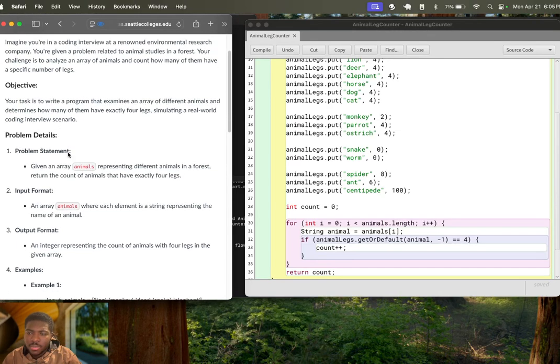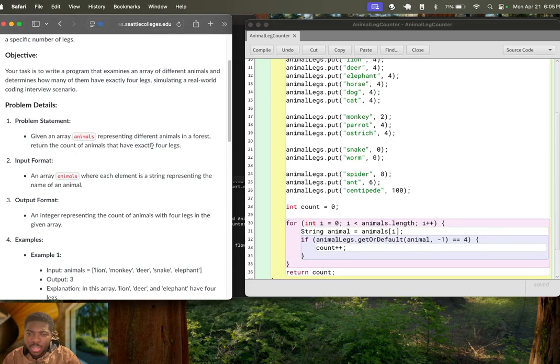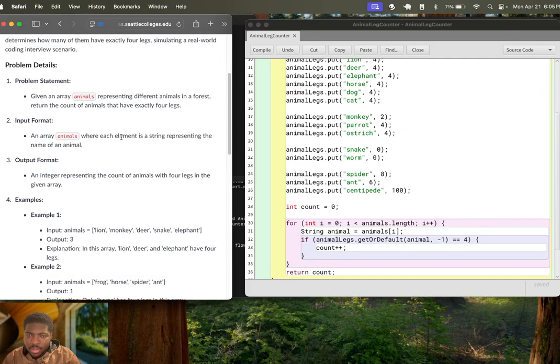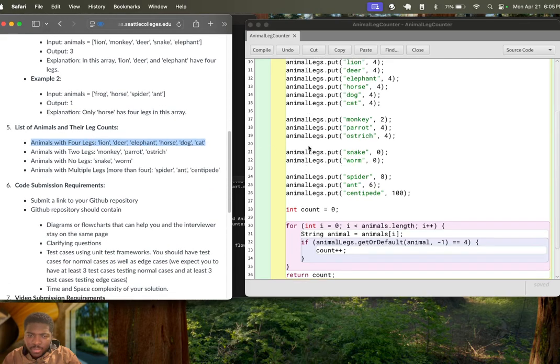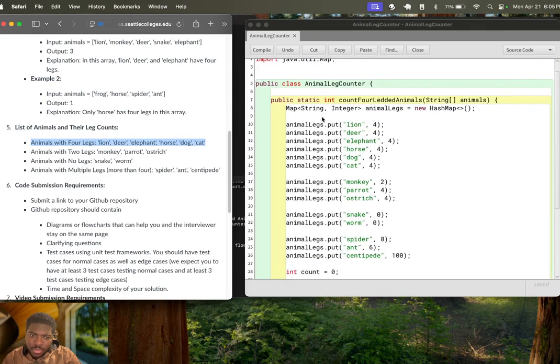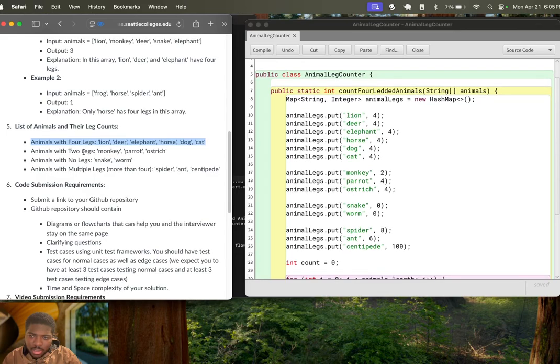Because if you look at it, there's a part here where it says something about exactly. It's always mentioning exactly, exactly 4 legs, here as well, determines how many of them have exactly 4 legs. The reason for my question is that if we create just one set of all these lists, a constant with lion, deer, elephant, horse, dog, cat,